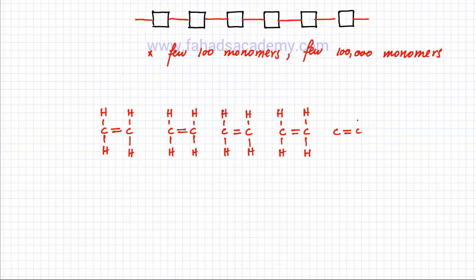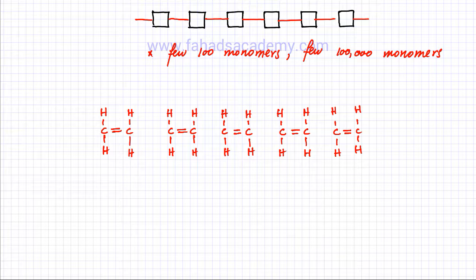So here's the 5th one. In one polymer made from ethene, you can have thousands of different ethenes joining together, so I'm just drawing 5 of them. Now what's going to happen